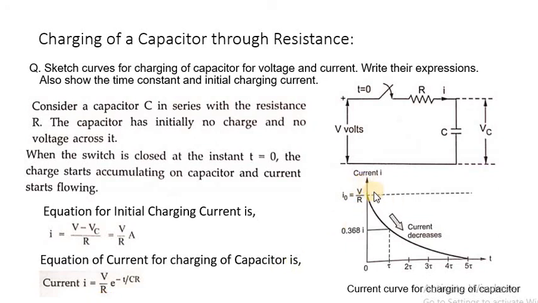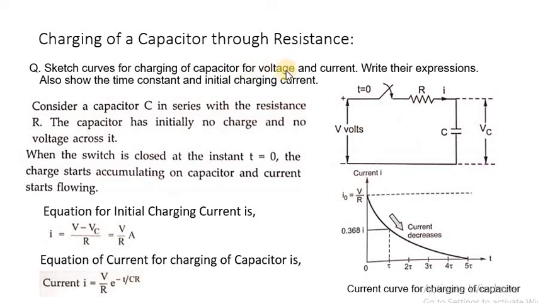Okay, this value. Just see. And what is the current I at t equal to infinity? Now put t equal to infinity. So e raised to minus infinity divided by CR. What is e raised to minus infinity? It is 0. As e raised to minus infinity is equal to 0, the whole value of I is equal to 0. It means this equation satisfies this graph. So when t equal to 0, your current I is equal to V by R, and when t equal to infinity, your current I is equal to 0. Everybody understood? So this is the first part, the charging current, its graph and its equation.